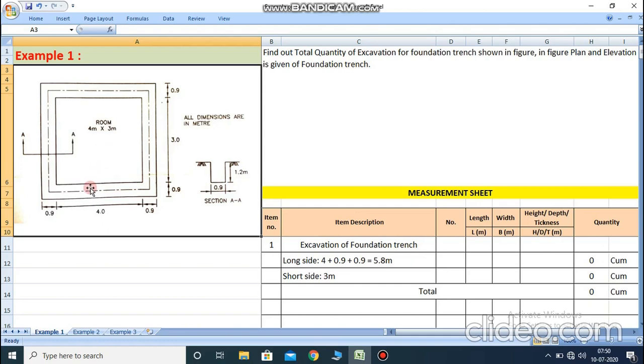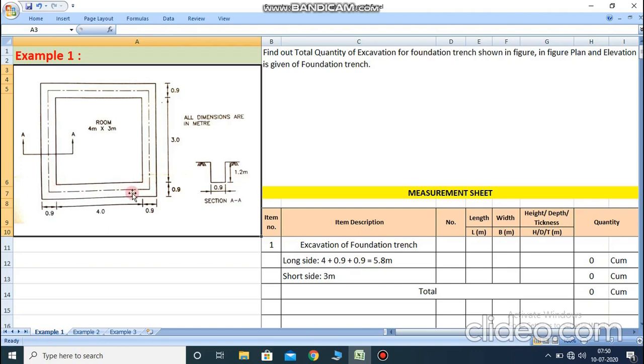First we select a long wall. Here 4 meter shows the long part, so we write 4 meter, plus 0.9 meter. 0.9 meter is written as this square part, because 4 meter is the inner part of the room,